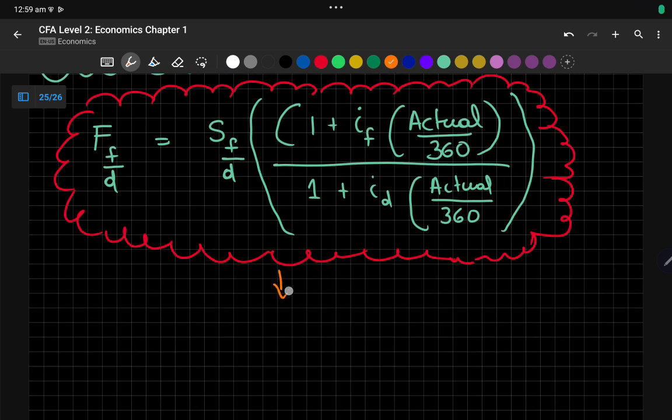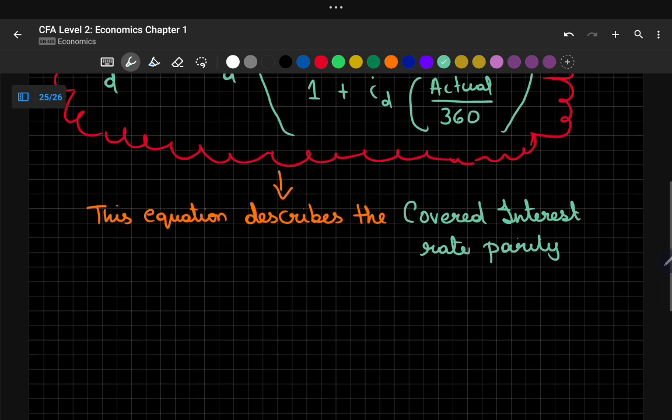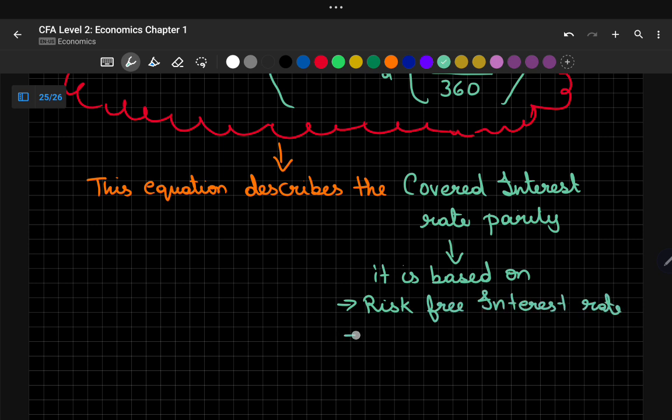Now, what does this equation describe? This equation is the way to calculate the forward price for currency exchange. So this equation describes the covered interest rate parity. Why is that? It is because this equation is based on the risk-free interest rate, spot rate,